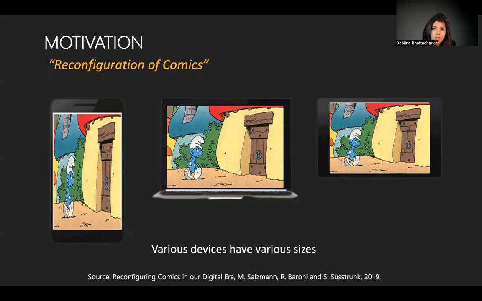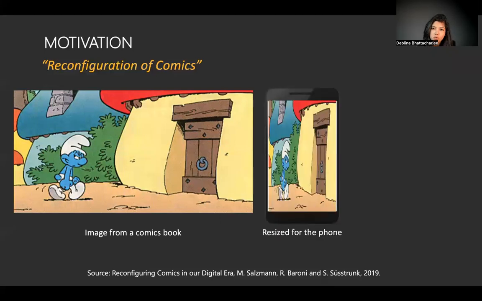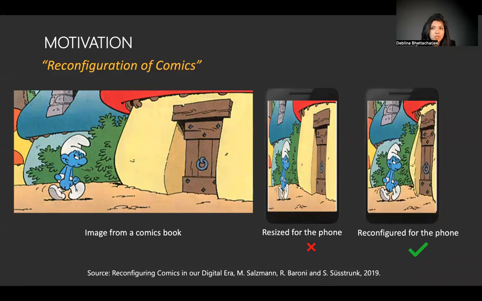So given an input comics panel, our methods will find the characters and objects in a comics panel, and then this will help the artist rearrange these elements in a meaningful manner. For instance, the input comics image on the left, when resized to a phone screen, squeezes the contents of the image to make them fit onto this phone screen. However, if we identify the important characters and objects in the image and then transfer them to the phone screen, we can maintain the essence of the image as intended by the artist.